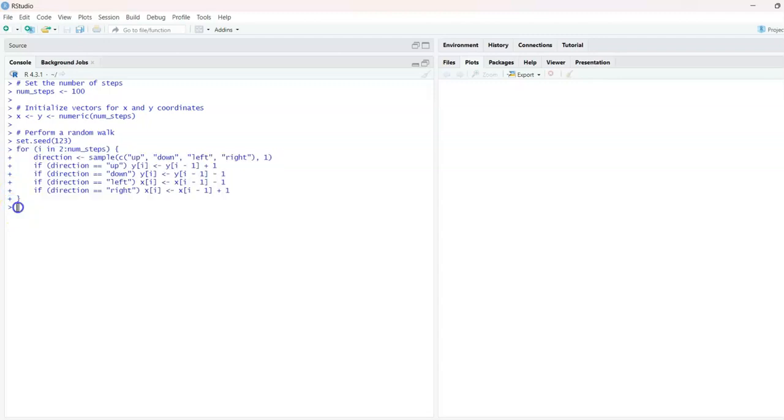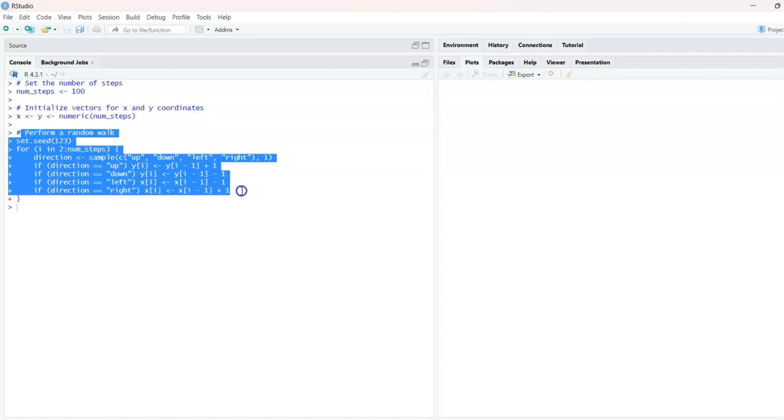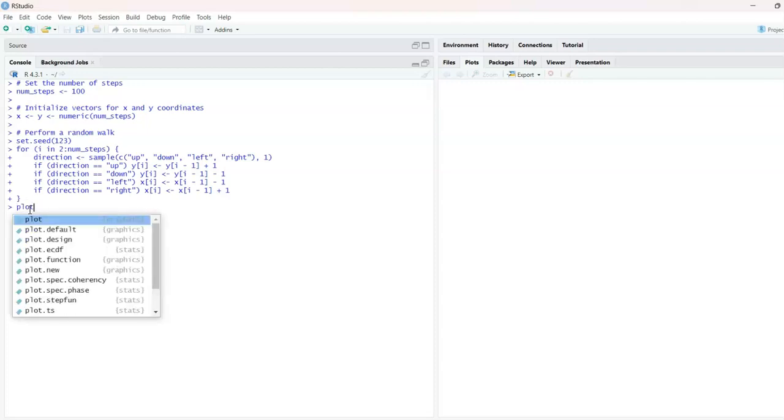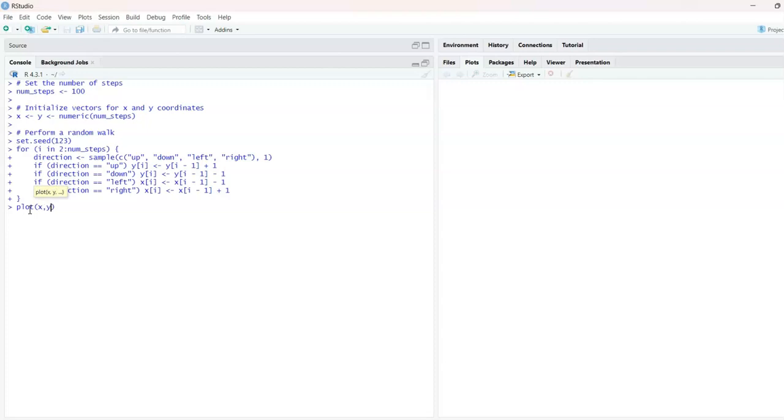Now our main thing is how to show or how to generate the plot. So our 3 steps are already done. First we set the number of steps. After that, initialization we have done for x and y coordinates for our graph, for our visualization, and then we have also performed the random walk procedure using the for loop and if conditions. Fine. Now to create the plot, we'll just write plot, and then inside that I'll take x comma y